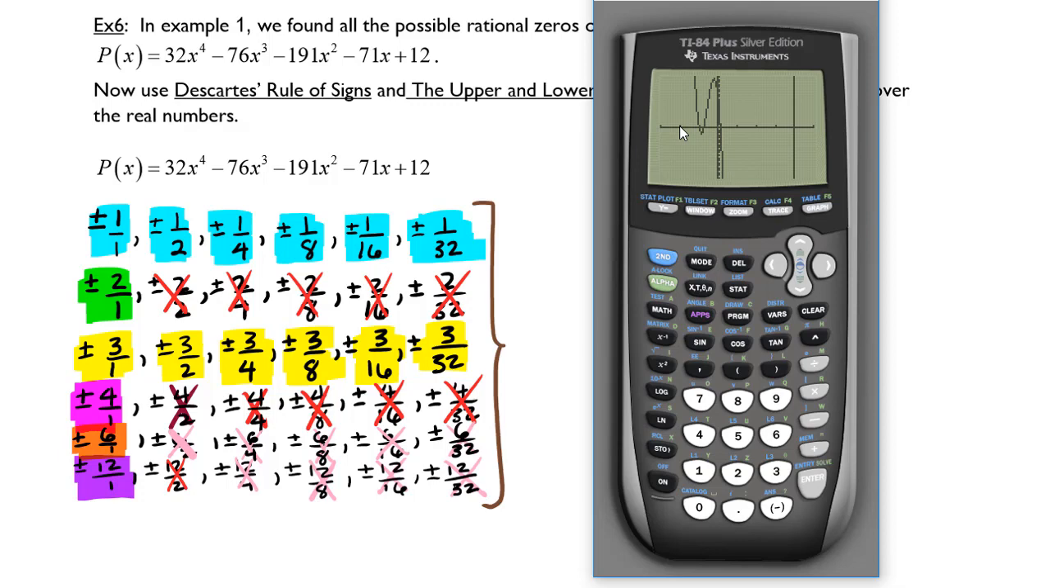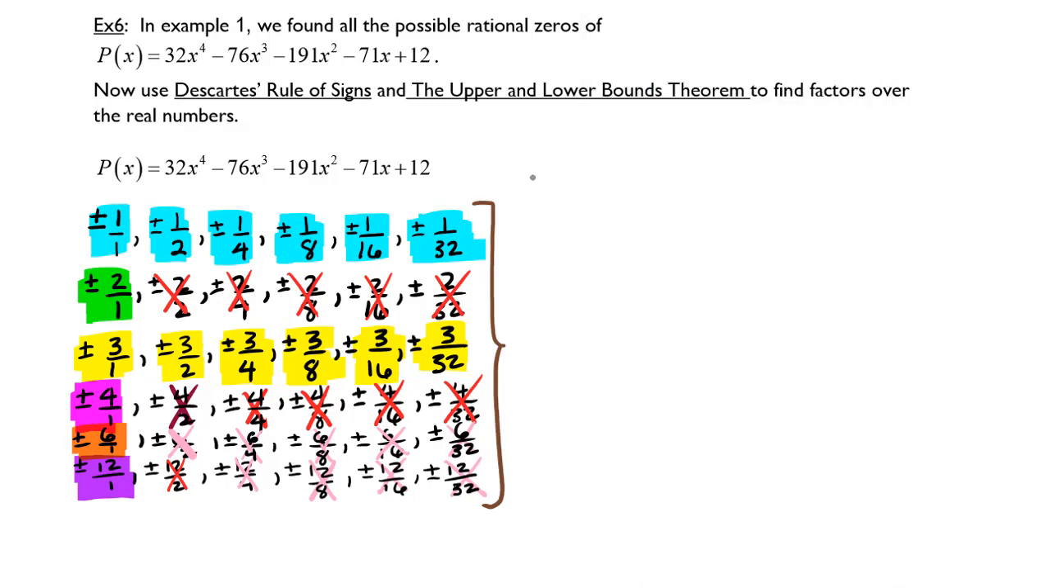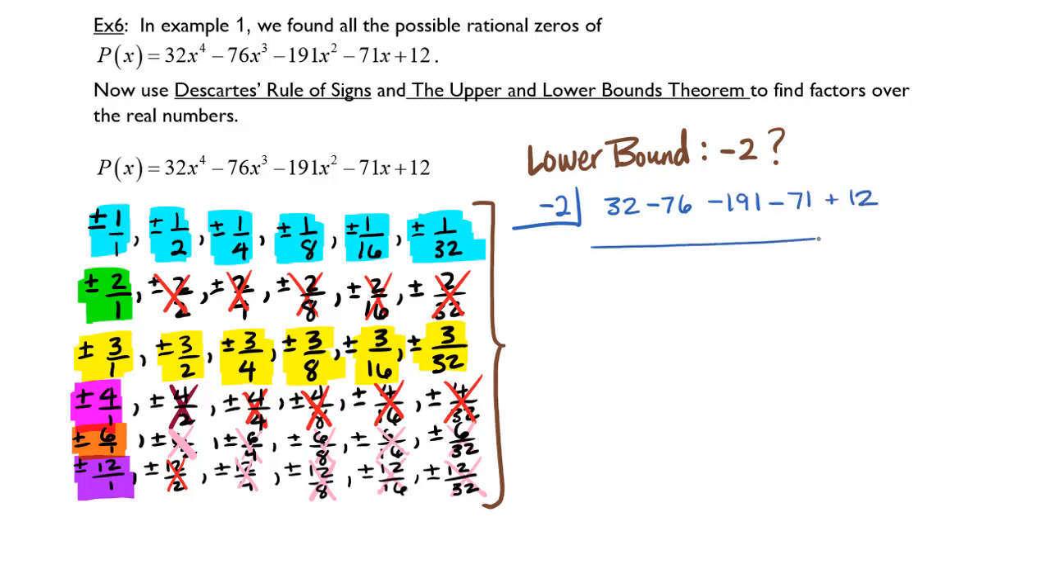If I were to pick -2 to show that -2 is a lower bound of this polynomial, let's go ahead and do that first. So I want to show that my lower bound is, let's say, -2. So if I use -2 with synthetic division, let's go ahead and drop down 32. -2 times 32 is -64. -64 plus -76 is